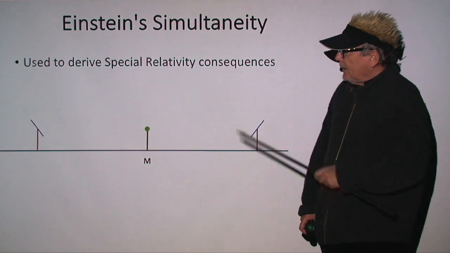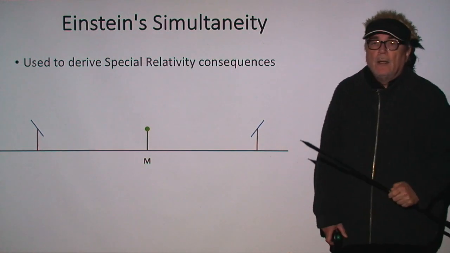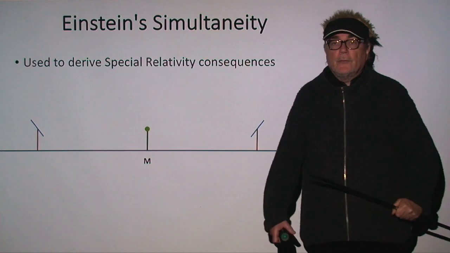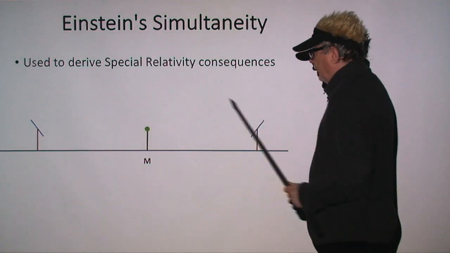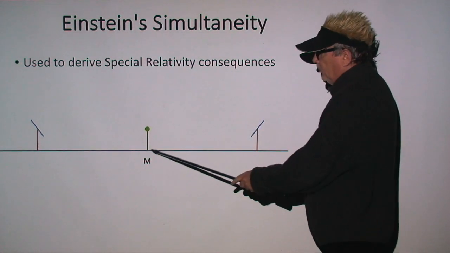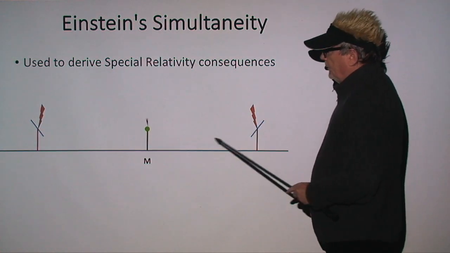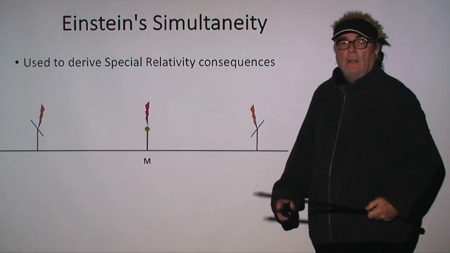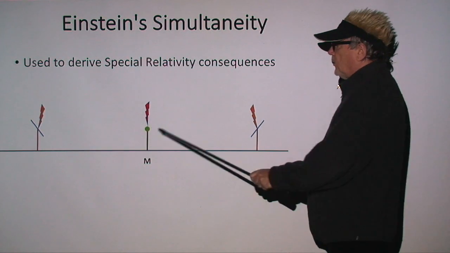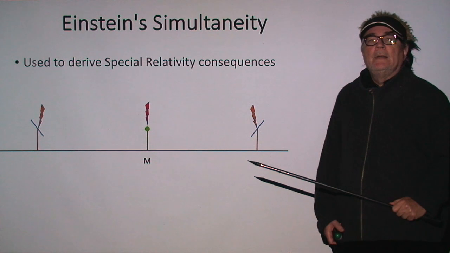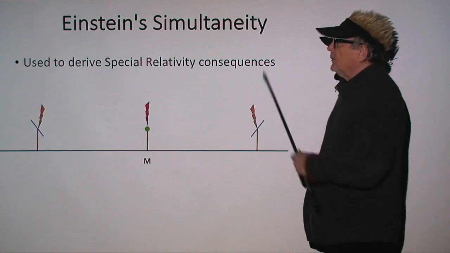Now, the second thing after state that we want to talk about here is simultaneity. Einstein used that concept to explain special relativity. What he said is that we have two mirrors here, and there's a middle point between the two mirrors, and if there are lights coming here and there, if they arrive at the same time, then by definition, Einstein said, I will say that these two space-time events occurred simultaneously, and we're going to use something like that for our definition of simultaneity.